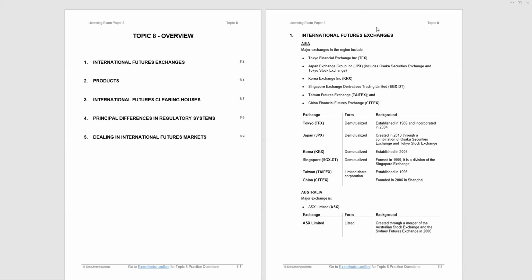If you are familiar with international futures transactions and arrangements, you should know a lot of this material. We look at international futures exchanges, the products, the international futures clearinghouses, principal differences in regulatory systems, and dealing in international futures markets. The international futures exchanges that we consider in Asia, we look at the Tokyo Financial Exchange, Japan Exchange Group,